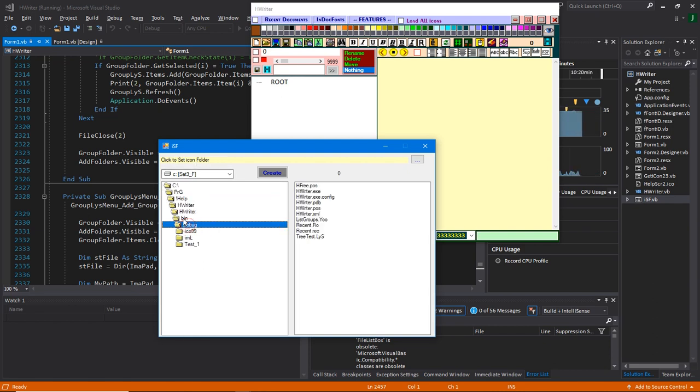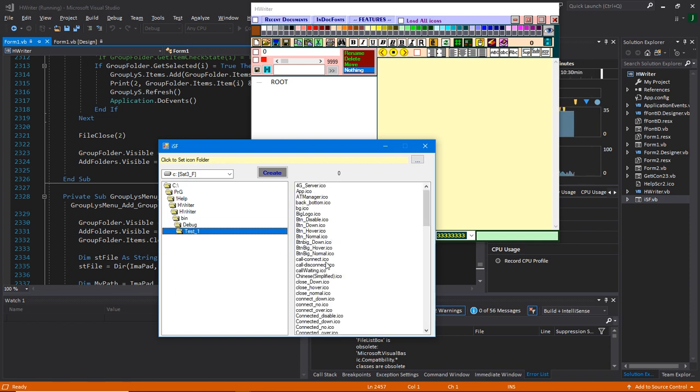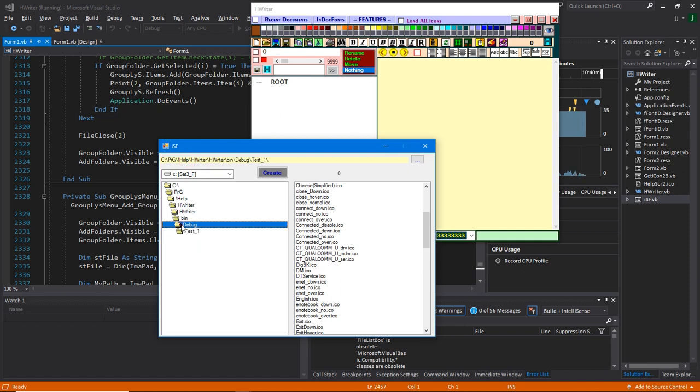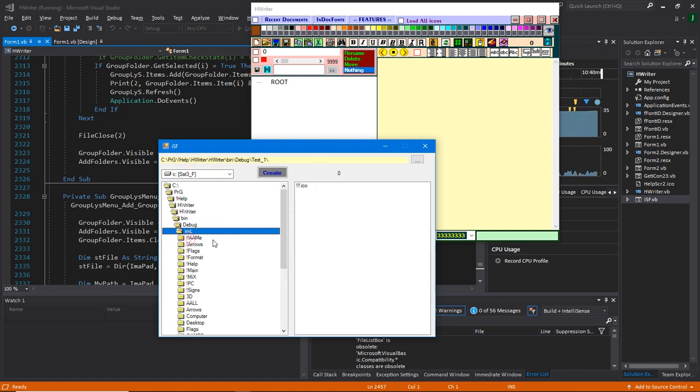With this one you cannot create any extra folders; you have to do it at another place. And you can see there's a lot of icons, not very many. But let's say we set it over here and we run the